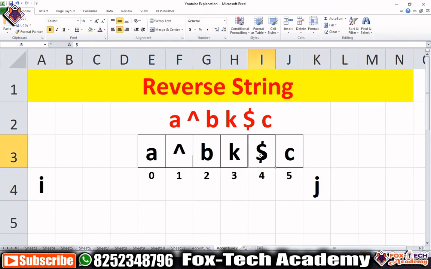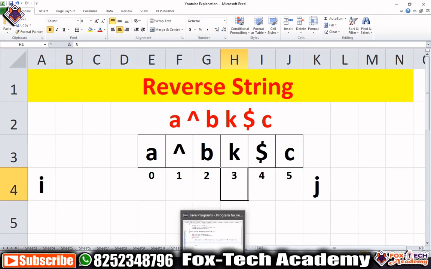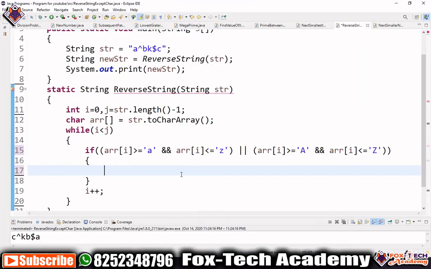That function will check if the current character is not an alphabet, then it will check the next character, and if that next character is an alphabet, it will return the index of this new alphabet. After that we will replace the value of j with that.